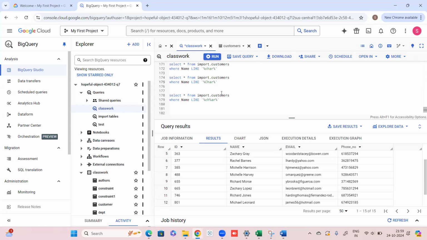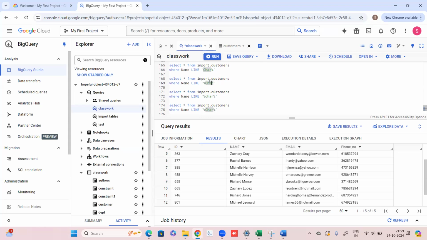To identify patterns. Percentage means that there can be 0 or more than 0 letters present in that position. If I don't specify a percentage at the beginning, that means it has to start with these letters. If I don't specify a percentage after the letters, that means it has to end with these letters. The third thing which you should note in this DBMS,